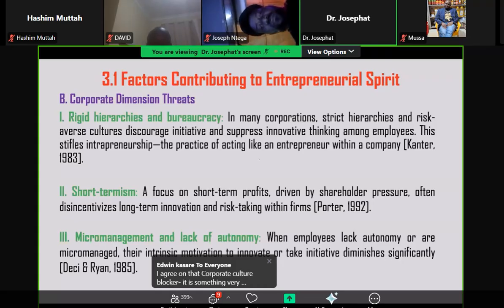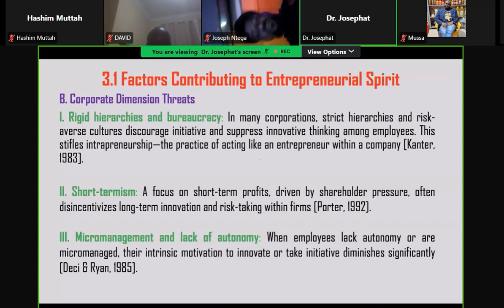So the third one, we talk about micromanagement and the lack of autonomy. When employees lack autonomy or are micromanaged, the intrinsic motivations to innovate or take initiative diminishes significantly. Kwamba hana uwezo wa kujiongoza mwenyewe. Kila kitu anatakiwa haongozwe, afuate taratibu. Hana uwezo wa kufanya maamuzi mwenyewe. Kila kitu lazima asiki permissions. So those kind of situations always diminish uwezo wa mtu kuwa creatives as well as kuweza kudevelop